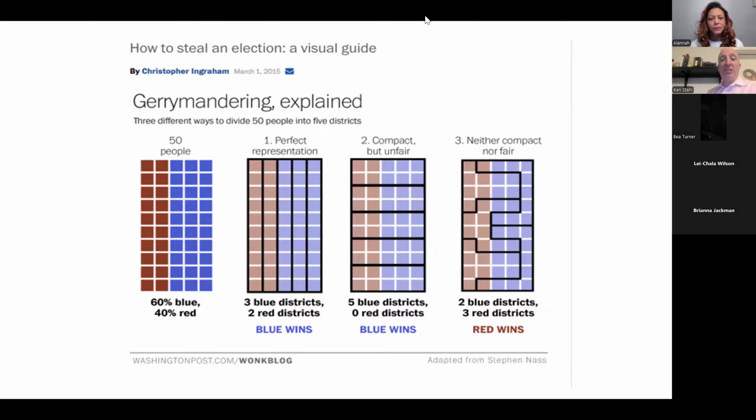So a couple of things here. First of all, what you said, Alana, is almost literally what Justice Sotomayor said, dissenting in the Rucho versus Common Cause case, which is the recent Supreme Court case in which the court said that partisan gerrymandering was a non-justiciable political question. The court said that there's no way to determine when districting is fair. And Sotomayor's response was, yes, that's right, but we certainly know when it's really unfair.